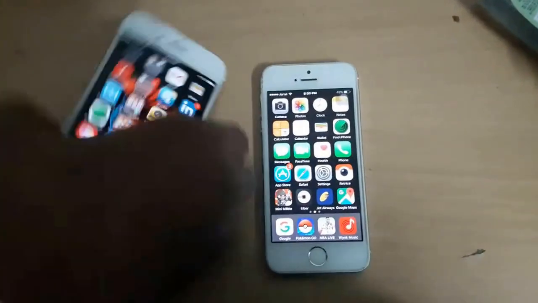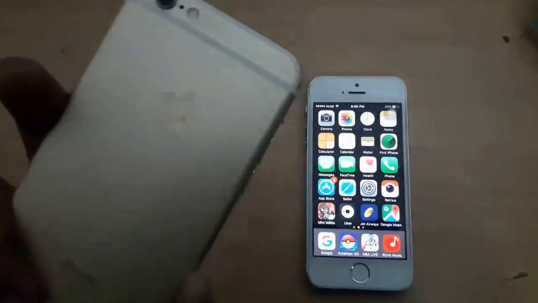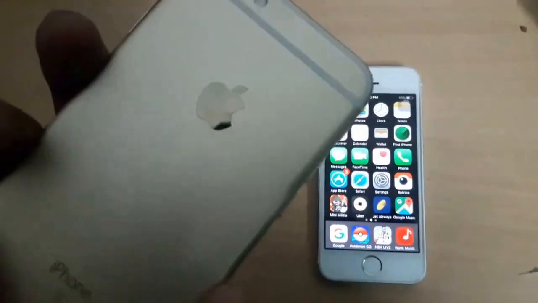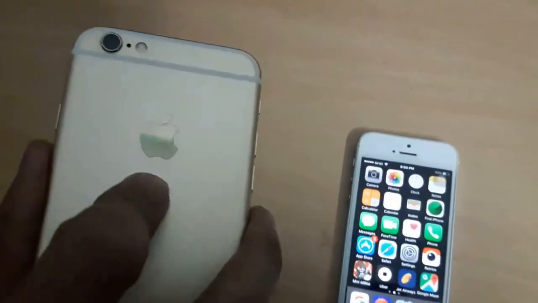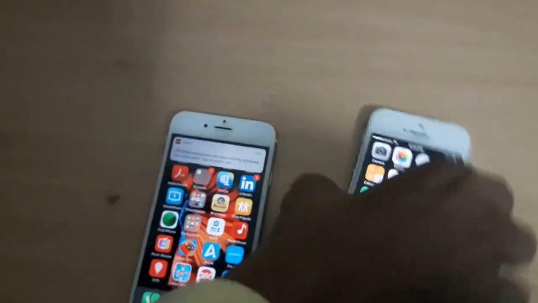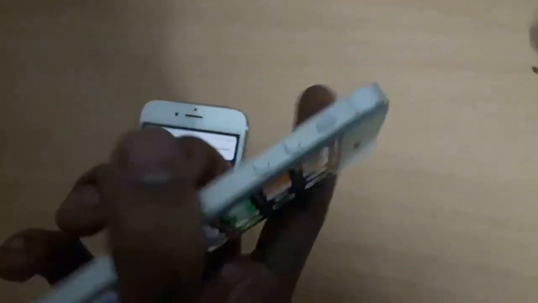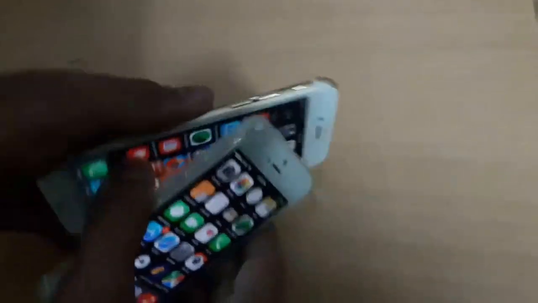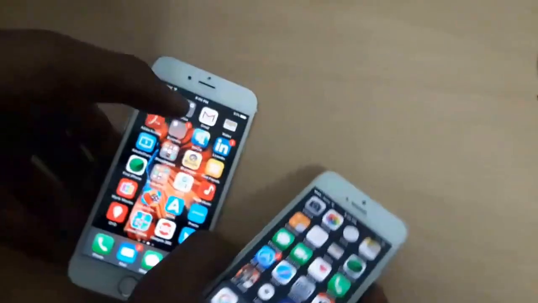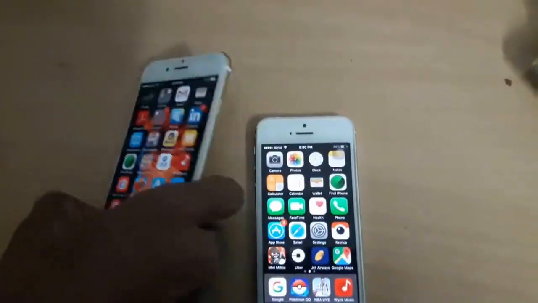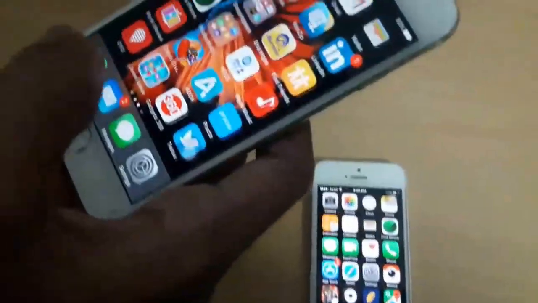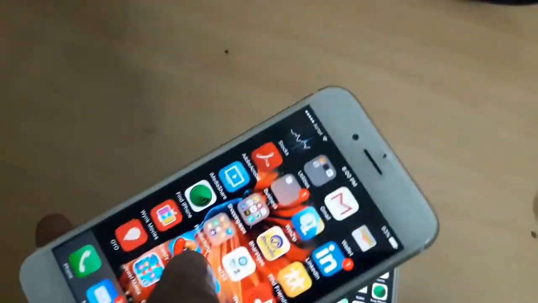The build quality of this phone is much better than the iPhone 5 and other iPhones, because it is a unibody. It comes with a nice Apple logo. This is what most of the people pay for. And this, you can see, it is not sleek at all. They are not slim at all, but still the iPhone 6 looks great. They come with Gorilla Glass, not Super AMOLED, sorry.